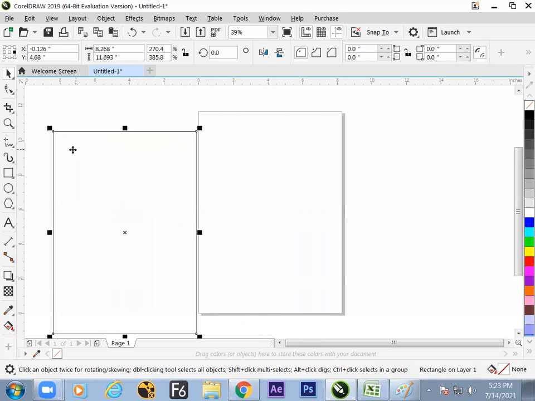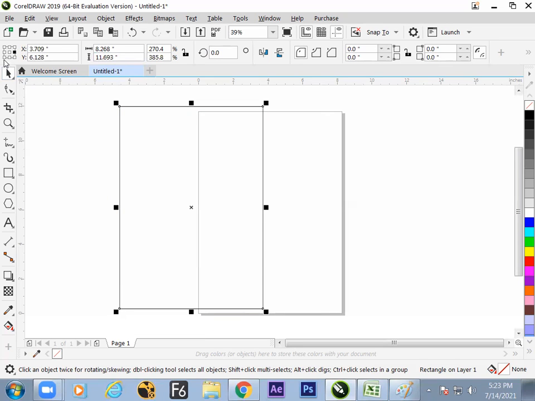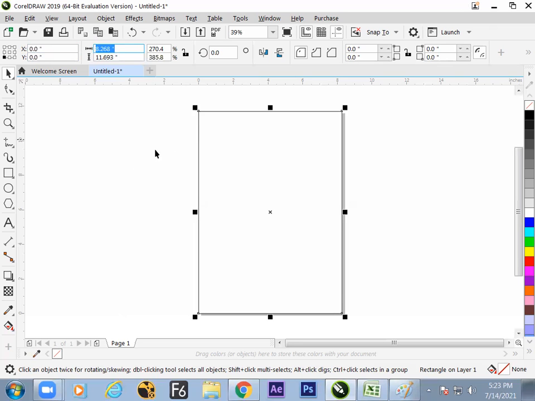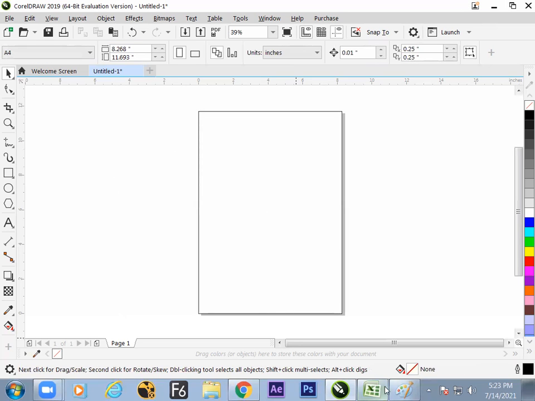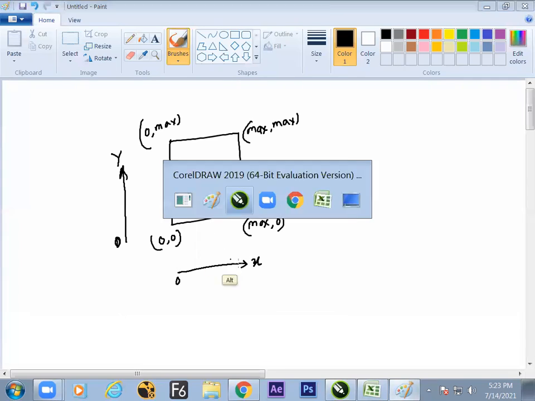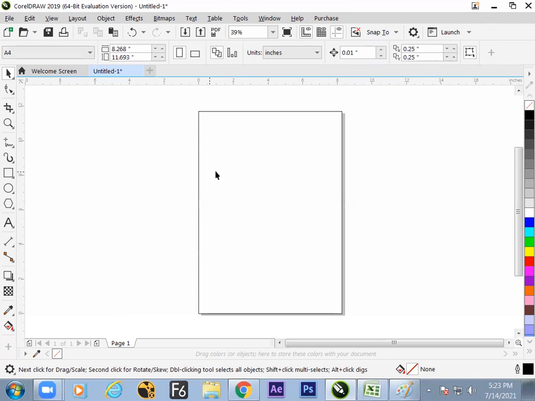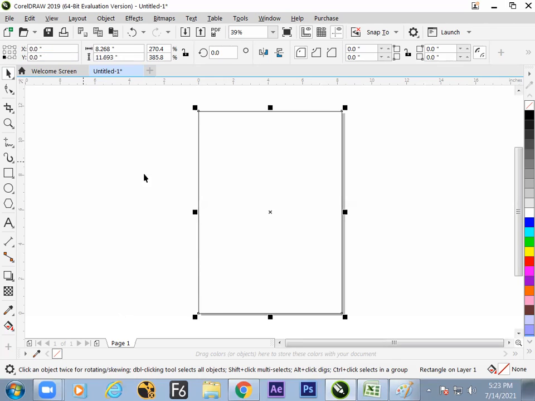Now we need to move this to the 0, 0 position on the left side. We know this is called left down, and we know left side X value 0, Y value 0, exactly placed. Because you know the coordinate system well, you can place it exactly by changing the reference point, and your object gets fixed on the screen. So everything is clear. Now stop me at any time if it is a little heavy.